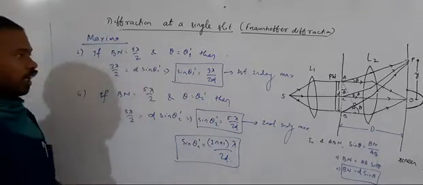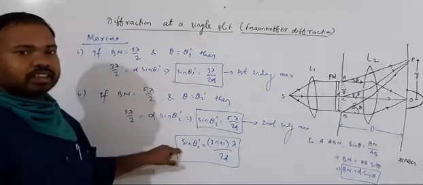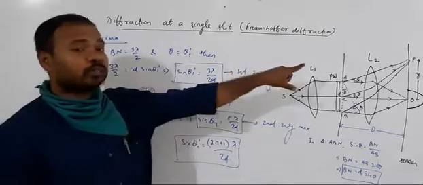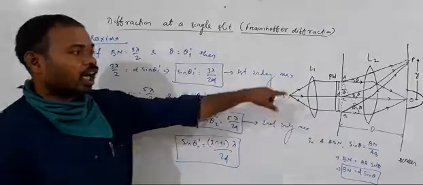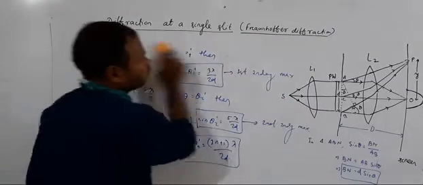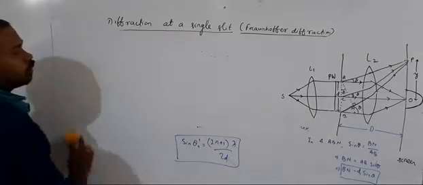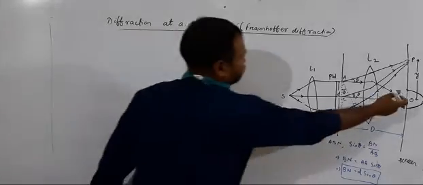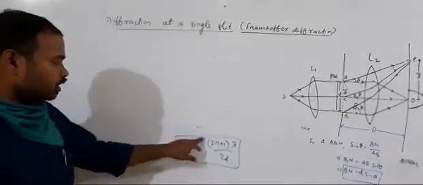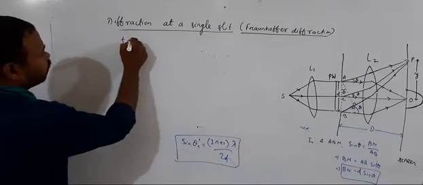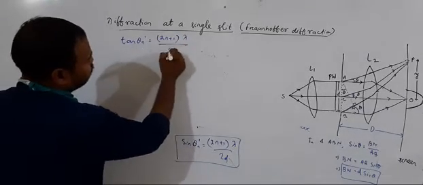And here, as the slit is divided into several parts continuously, the width of the slit gradually decreases, which can produce maxima at point P, so that the intensity of the maxima gradually decreases away from the center. Next, let us find the position of nth secondary maxima from the center, meaning this yn dash value we will calculate. You know here theta is very small, so in place of sin theta n, we can write tan theta n dash, which is equal to 2n plus 1 lambda divided by 2d.